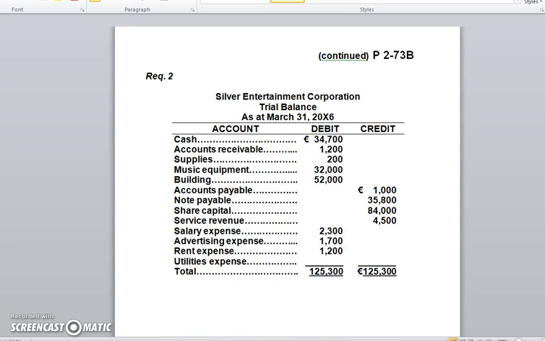So here we are at the trial balance of this company. It's very nice that Silver Entertainment was able to basically make good profit. I mean, look at that. Of course, they had to spend lots of money in order to get their music equipment and their building, but still they were able to bring in money in service revenue. That's quite nice what you see there. So hopefully this place is on the road to being viable in the